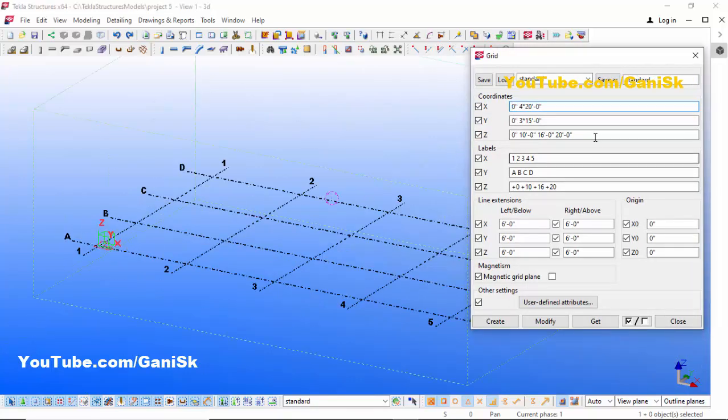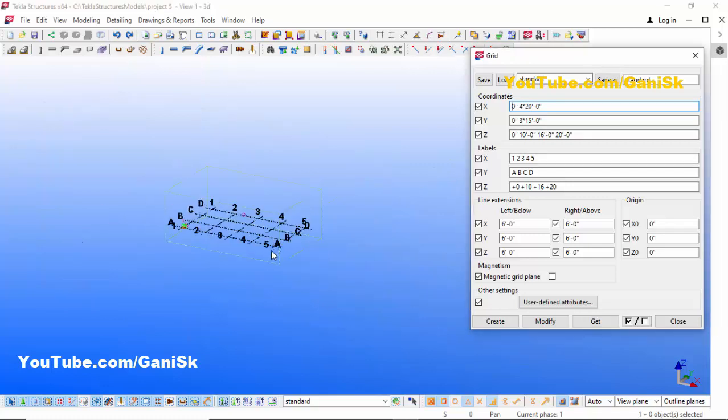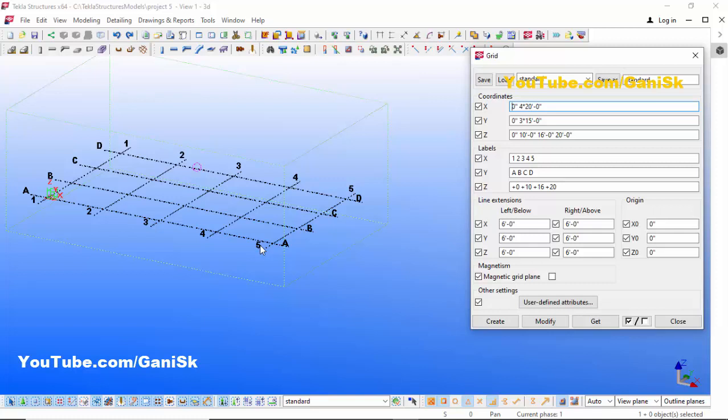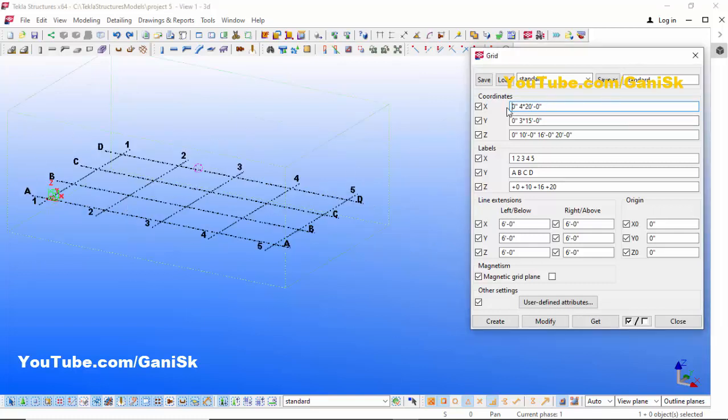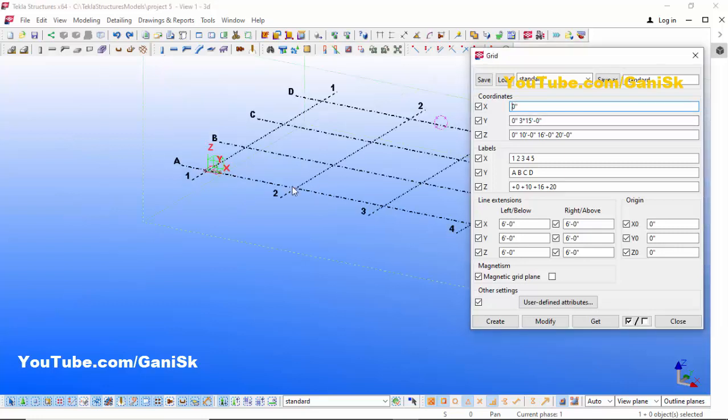So now we're going to change the number of grids as per our requirement. You can see by default we have the 5 grids. For example, we require 6 grids with different spacings. Remove these values here, x direction. Our first grid should be at coordinate 0 level. Our second grid, with the spacing we have, give the space here.